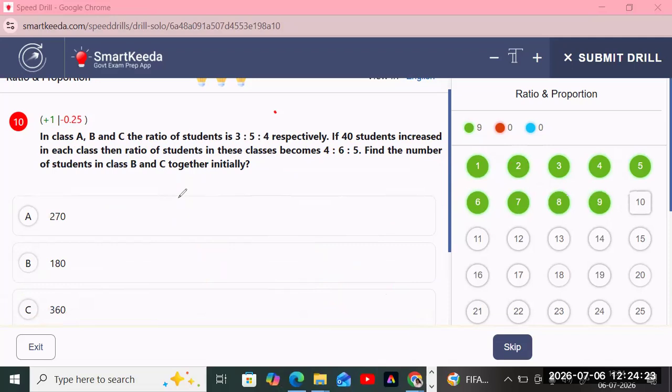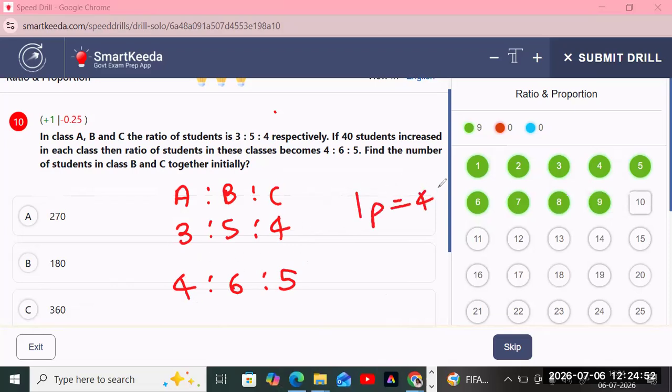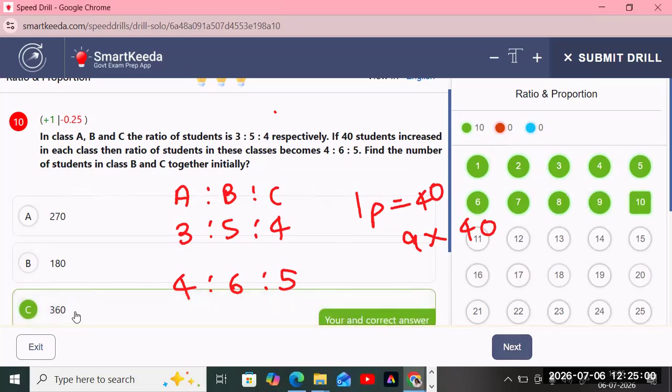In classes A, B, C, there are students in 3:5:4 ratio. If 40 students increased in each class, the ratio of the students in this class become 4:6:5. Find the number of students in class B and C initially. तो इन दोनों के डिफरेंस जो है सिमिलर है, which is one part which is equal to 40. Number of students in class B and C initially was 90 by 40 is equal to 260. Next,